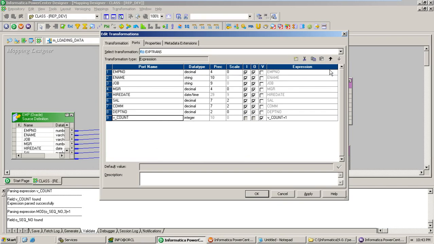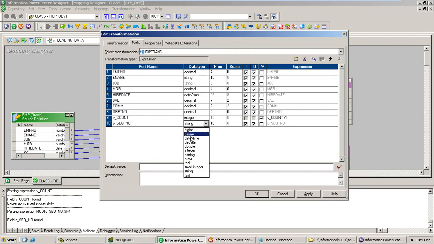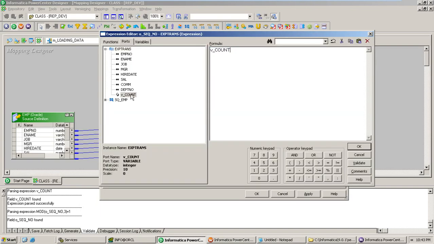This is the output port, so output o_seq_number, I will say, and this is also an integer and an output port, and define it in the expression editor. Just provide that variable port name so that the value is populated and you can bring that value out, right? Fine. So now you just generated the sequential number.